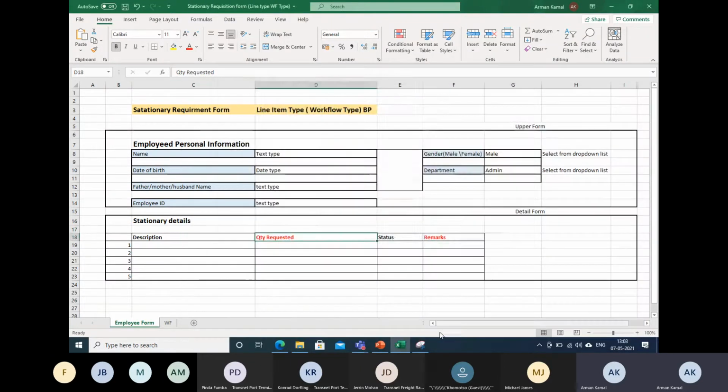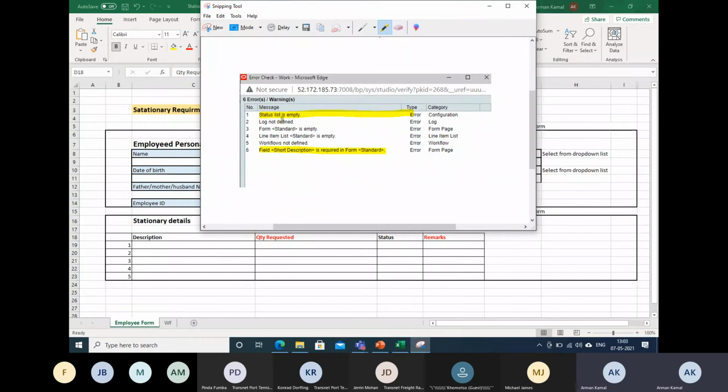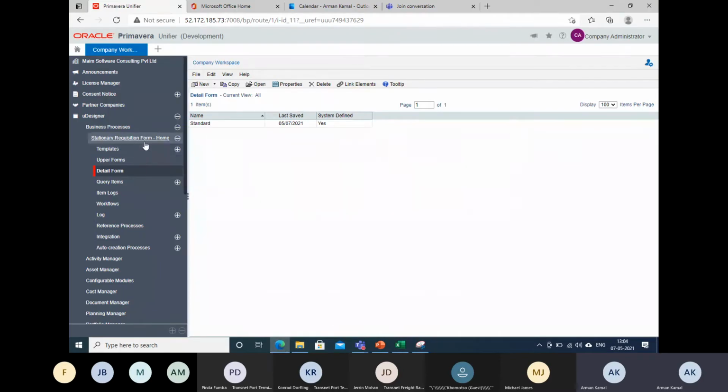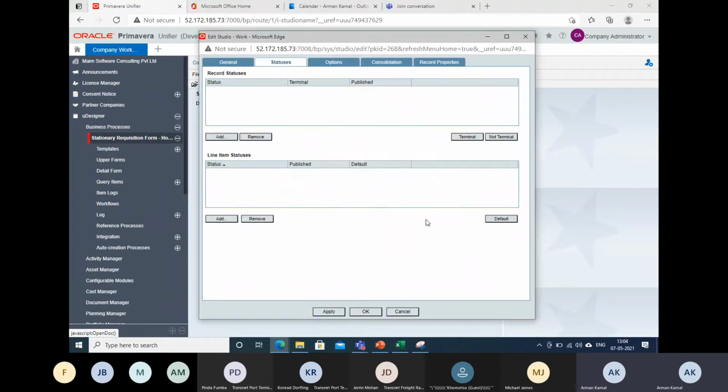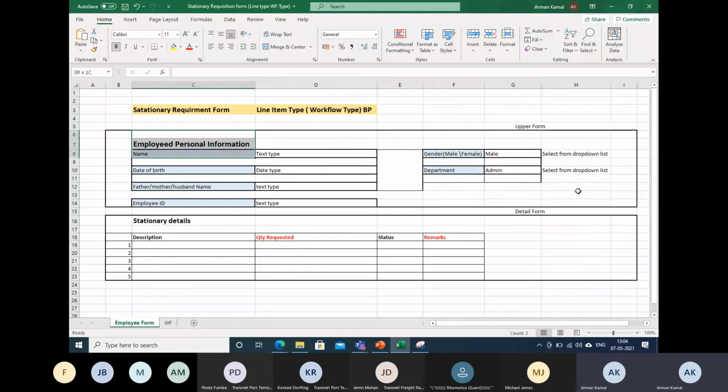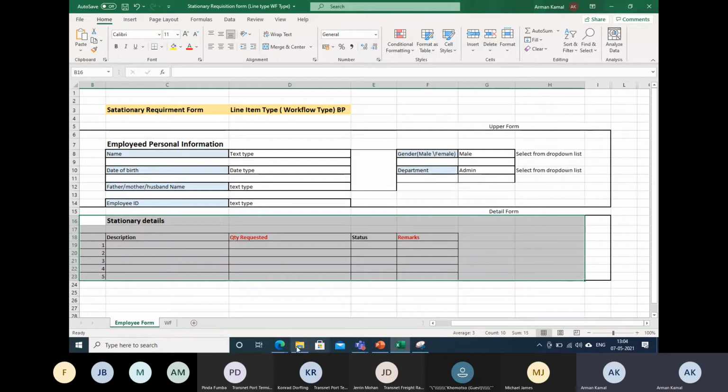Okay, now there is an error that status list is empty. Definitely we forgot to add the statuses, which was the first step, which we forgot. Okay, so no worries, you just have to select this. You have to go to open and go to general. How to add the status? I'm again repeating. Go to the top BP, go to open, general, and status. Here you will see two sets of status. Why two sets of status? One for the upper form and one for the lower form. So let me configure that.